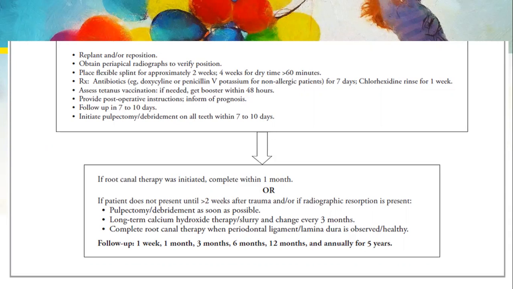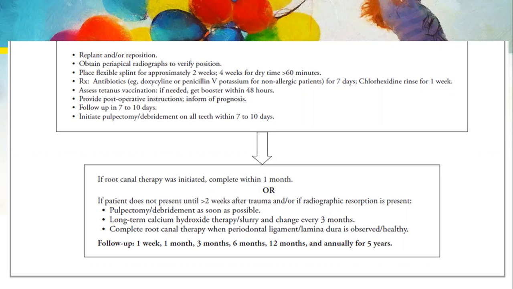So initiate pulpectomy or debridement on all teeth within 7 to 10 days. This is where it is important to remove the pulp tissue, because if the pulp tissue is kept over there, this necrotic pulp will promote the inflammatory process. So after that, if root canal therapy was initiated, complete within 1 month, or if patient is not present until